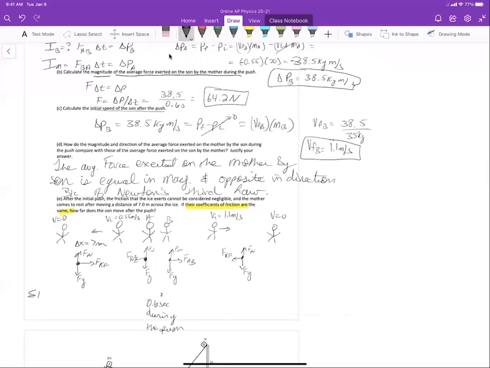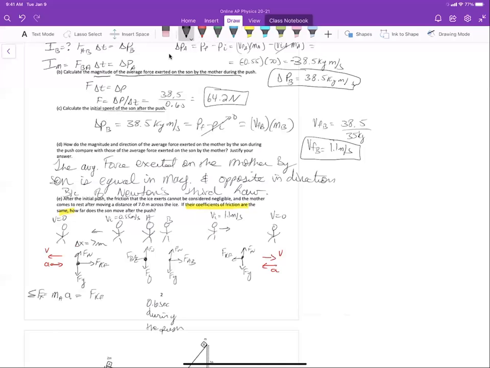So if I sum the forces in the x direction on the mom, I find her mass, which is A, we called it, times her acceleration is equal to the force of kinetic friction, which is to the right, so we'll call that positive. Her acceleration is going to be to the right. So look, this is what we have. Her velocity is to the left. Her acceleration has to be to the right. This gentleman is velocity to the right, acceleration to the left, because the net forces are pointing to the left. So we got to find